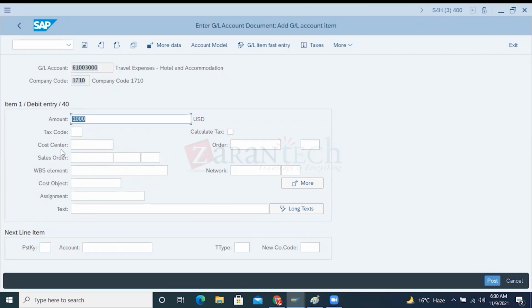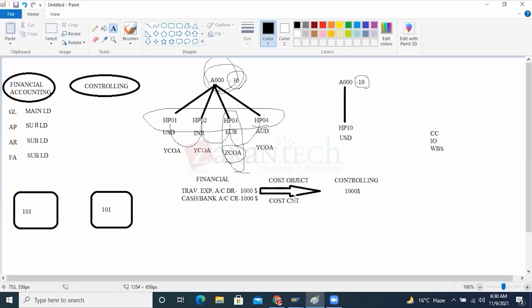And here these are going to be called the cost objects. You can see cost center is a cost object. Sales order is a cost object. Internal order is a cost object. Network is a cost object. WBS element is a cost object. Then we can see different types of cost objects are there. But I want to update the cost object as a cost center. So I'm updating the cost center as the cost object. What this cost center will do is carry the cost of $1,000 USD